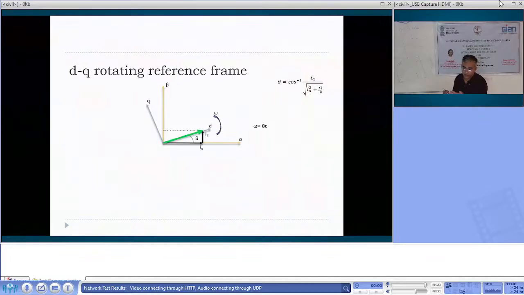It is better to control the DC component as compared to the AC component. It can be easily tuned. The DC components are not time varying, so they can easily be tuned. So what we have here is